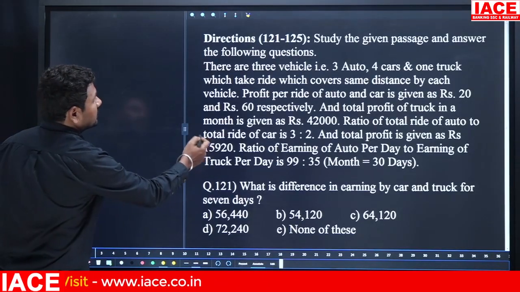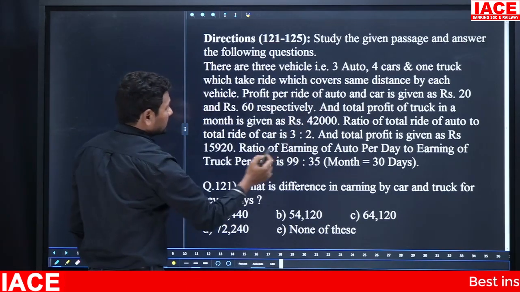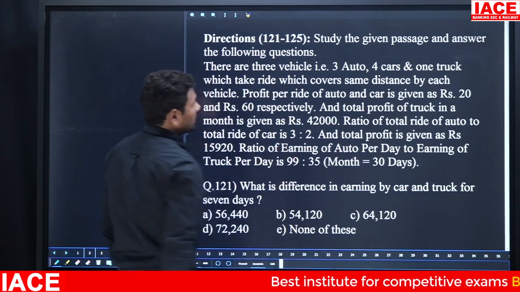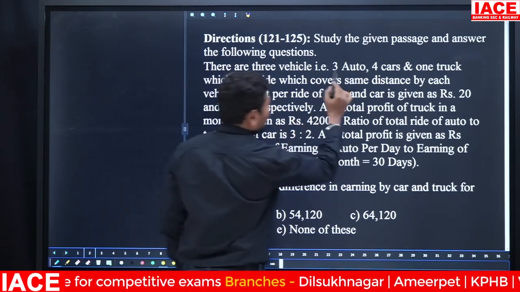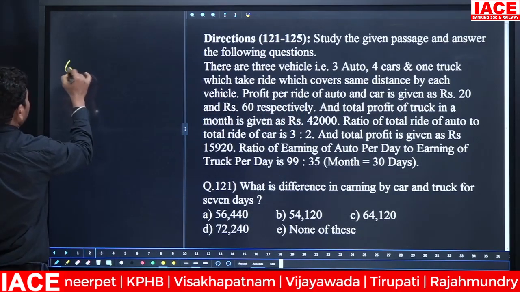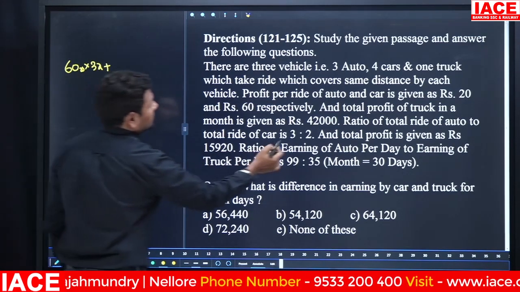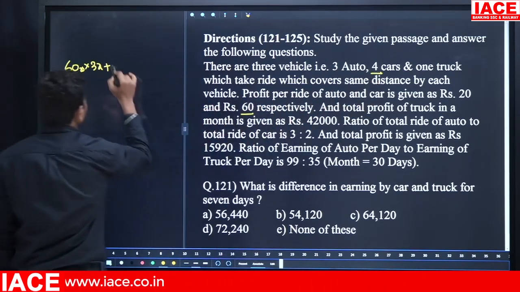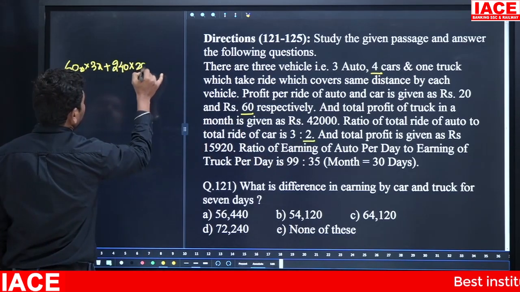The first line says there are 3 autos, and the ratio of total rides of auto to total rides of car is 3:2. Profit per ride is 20 rupees for auto, so 3 autos give 60 rupees, into 3x, plus 4 cars at 60 rupees each is 240, into 2x, plus